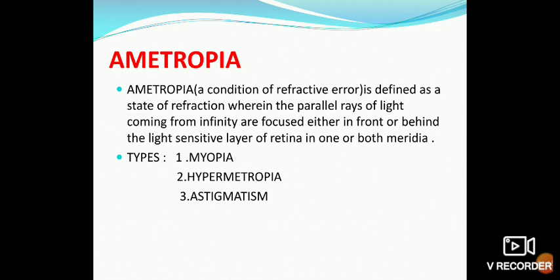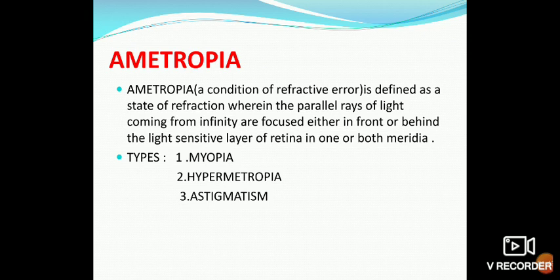Then at the last, we have seen the optical elements of the eye. The optical elements of the eye are responsible for the optical property of the eye. Important optical elements of the eye are the cornea, anterior chamber, lens, vitreous, and retina. The most important optical surface of the eye is always the anterior surface of the cornea. So all this we have seen in the last lecture. In this lecture, we will start with the refractive error.